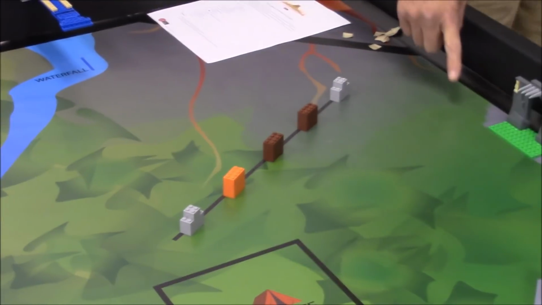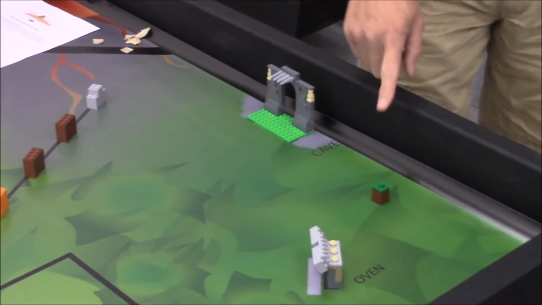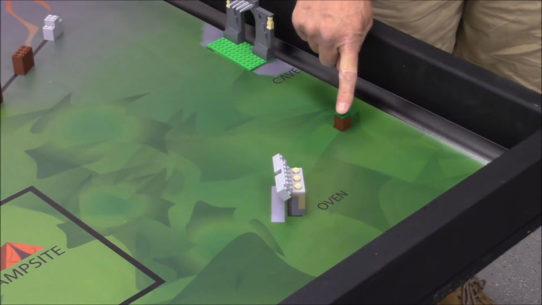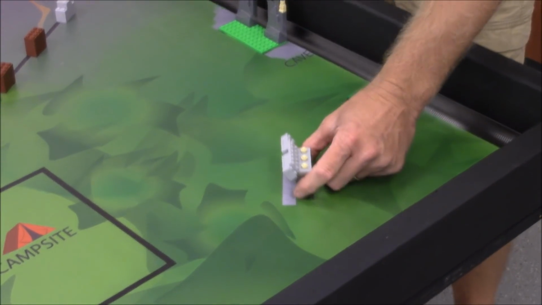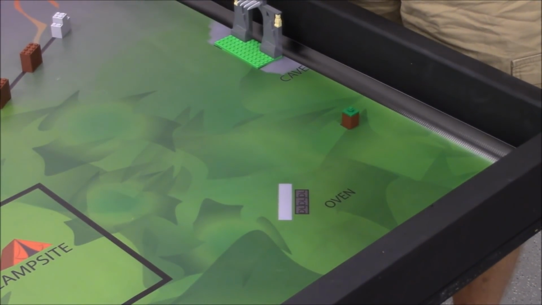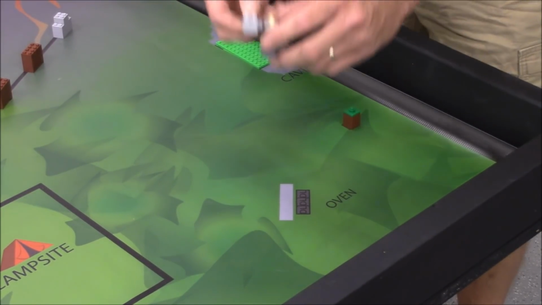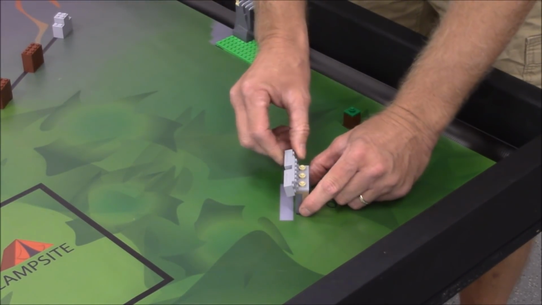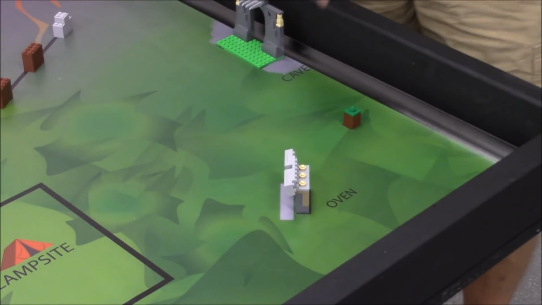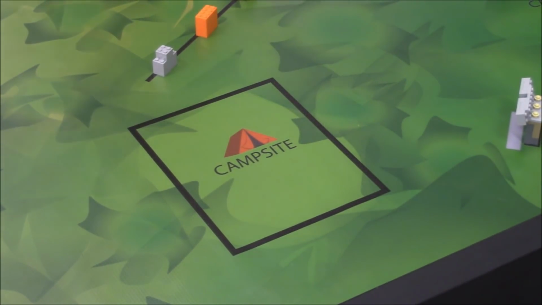As we come around, we've got our cave, which is dual locked down. Another touch penalty tree. Our oven, which when it's placed will actually have the arm at a 90-degree angle, like that. Okay, but for demonstration purposes right now, I'm going to elevate it. And then we have our campsite. The one thing you will not see on the mat